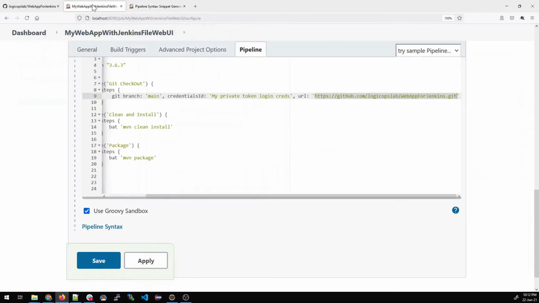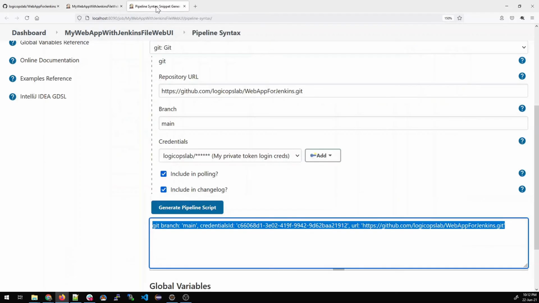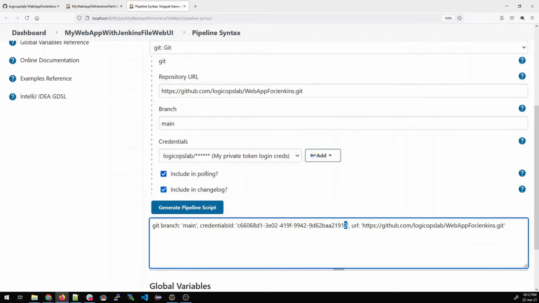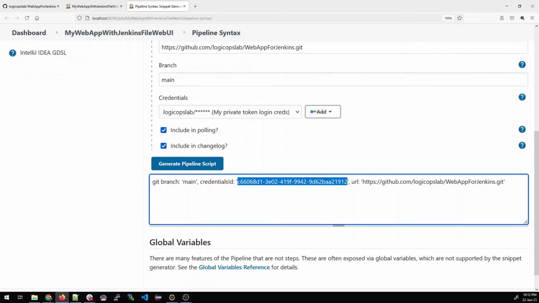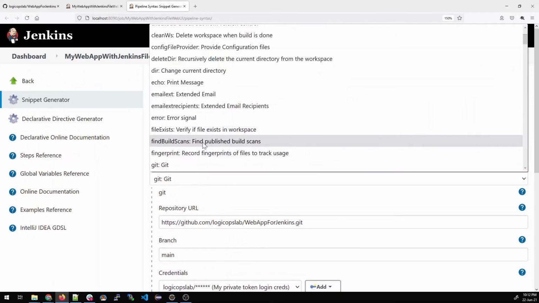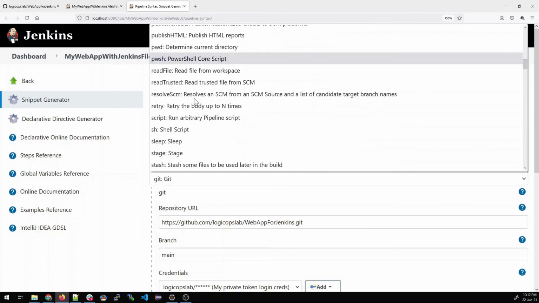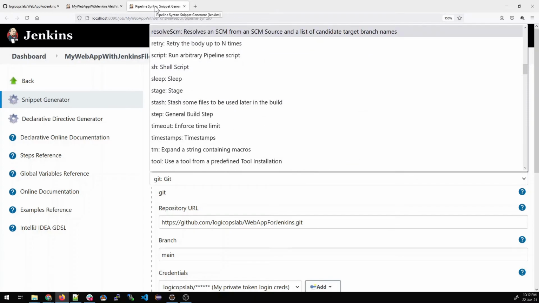Just copy it and paste it in the steps that you have to do. So that's how easy it is, guys. You don't have to write anything, or you don't have to remember everything. This private base token here, it's giving the file that I created, the credential that I created, and it is not preferable to write these. So you can write the name which you did. So there are a lot of options available over here.